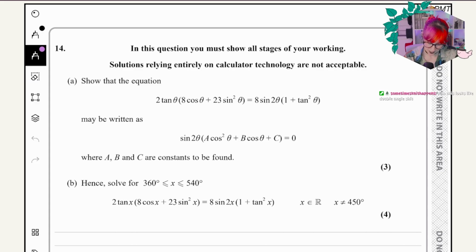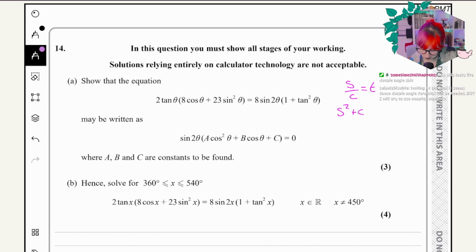Yeah. So things that are useful in this sort of expression: sine over cos is equal to tan, and sine squared plus cos squared is equal to 1. Both are always true. The other ones that are going to be useful are, as you say, some double angle stuff. So that's why we've got two lots of it. So if we go into our